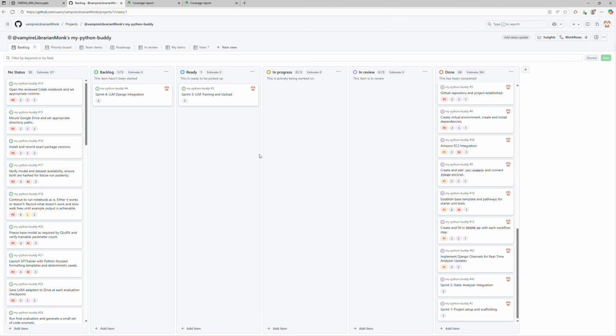Okay, so what we're looking at here, in conclusion, is we have Sprint 2 all done. We do have some things to tidy up, which I'm going to do tonight and tomorrow. Sprint 3, LLM training and upload, is up next. Our backlog is our LLM Django integration, and I put everything else as no status